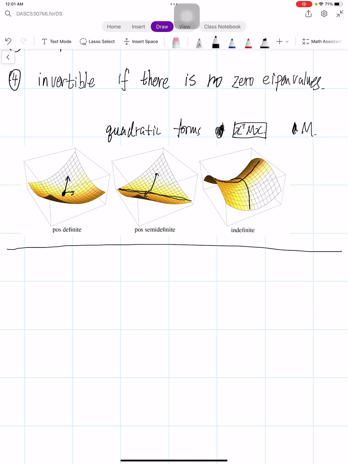Okay, so now we are ready to talk about the multivariate Gaussian distribution. Multivariate normal distribution. Okay, the general multivariate normal distribution, which means if we have d features, we do not require